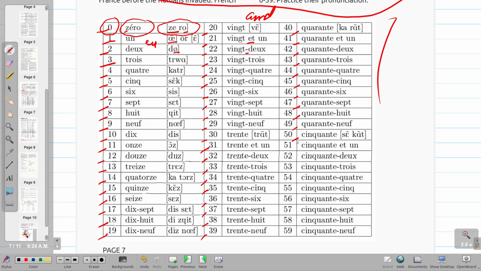50. And then you transition 51, 52, 53, 54, 55, 56, 57, 58, 59,